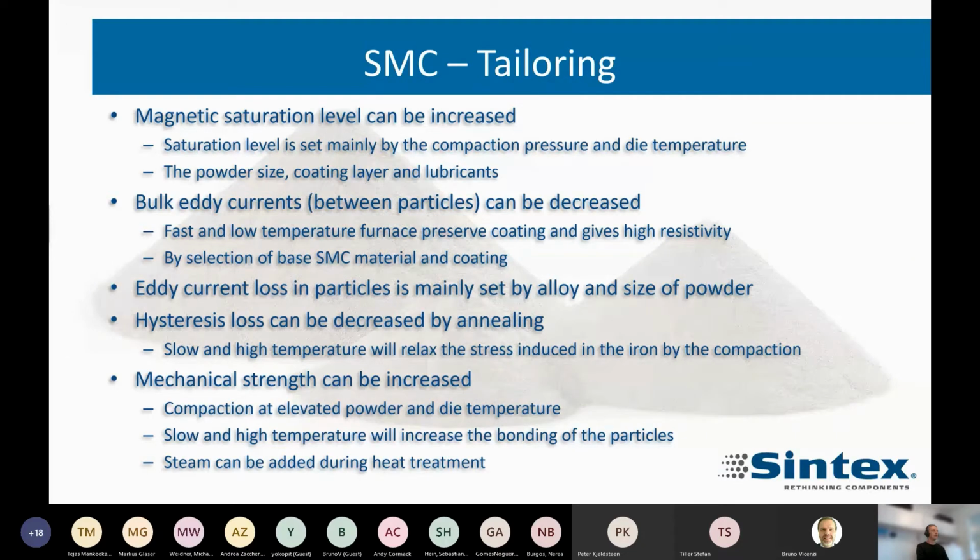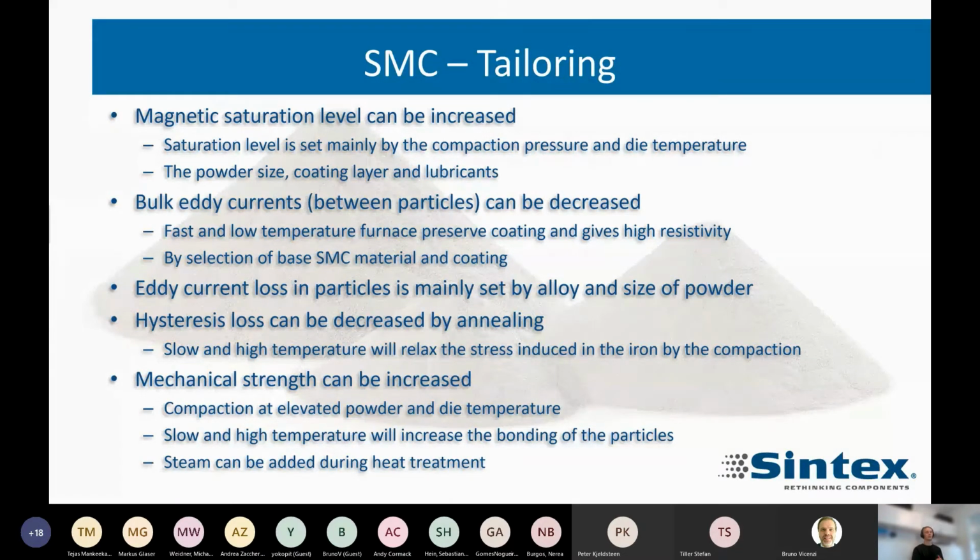The magnetic saturation level can be increased. Saturation level is set mainly by the compaction pressure and also the die temperature. The powder size, the coating layer, and the lubricants also have an influence on the saturation level. But typically, it is very high, and it's even comparable to laminations in some cases. The bulk eddy currents between the particles can be decreased by a fast and low temperature furnace,